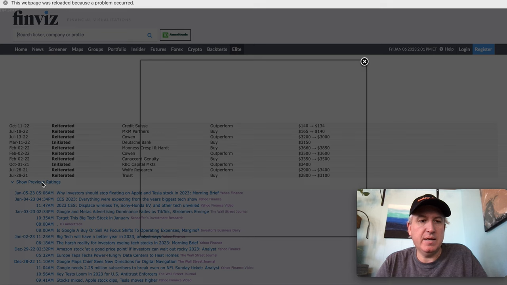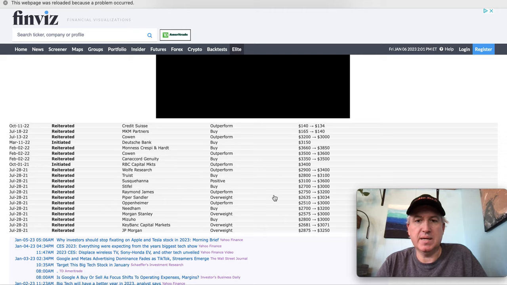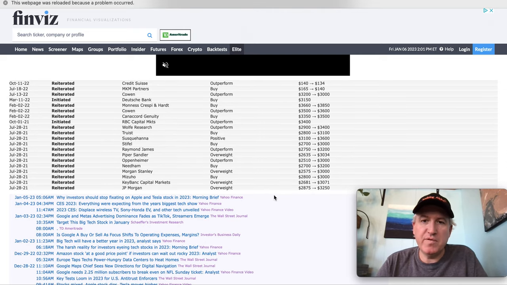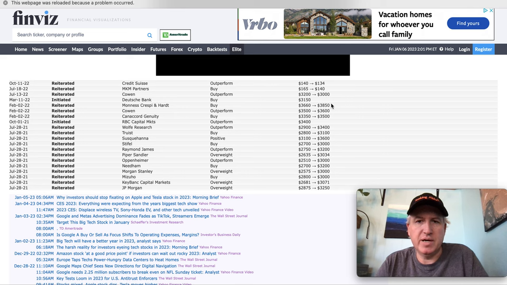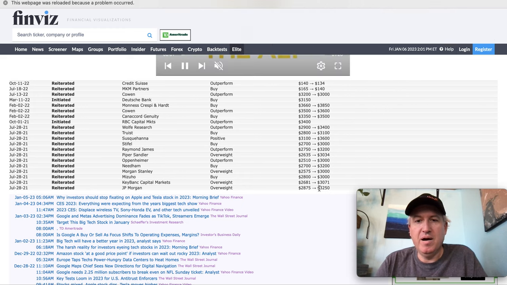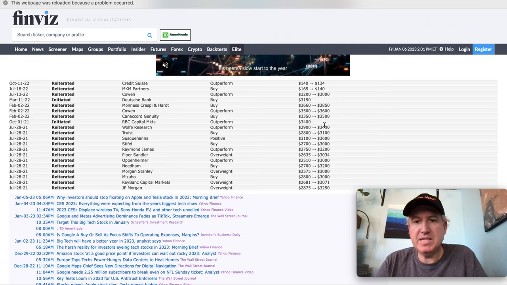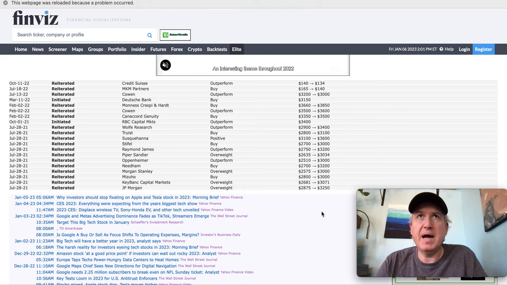And let's look at just a sampling of, if we can keep the ads off here for 10 seconds, a sampling of the price targets. I told you the pre-split price would be in between $1,700 and $1,800 right now. So here's what analysts who got the earnings pretty right had for their price targets. From last year going into this year, these are all over 3,000. A lot of them are double what the actual price is. I mean, they missed the price target by